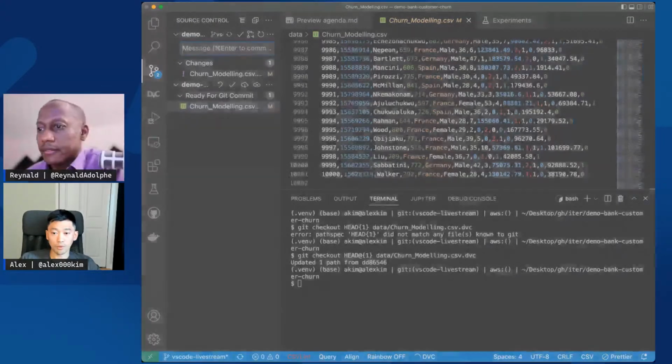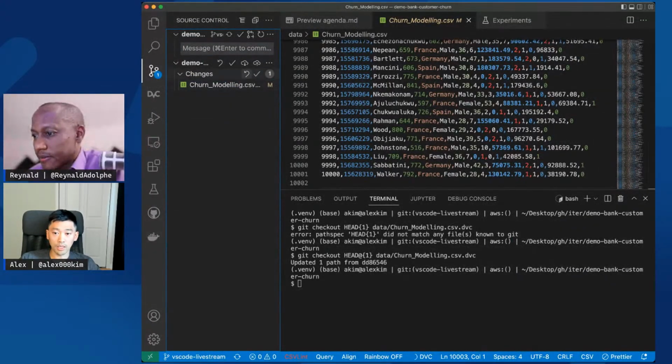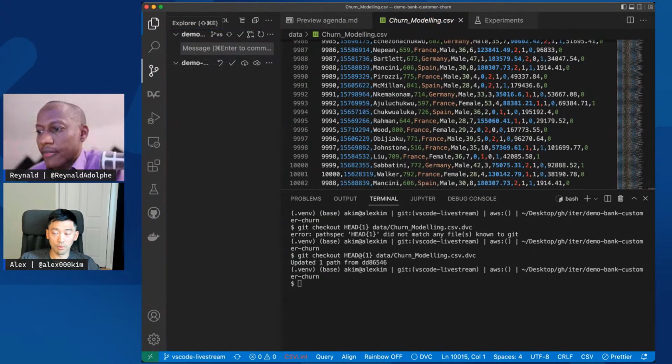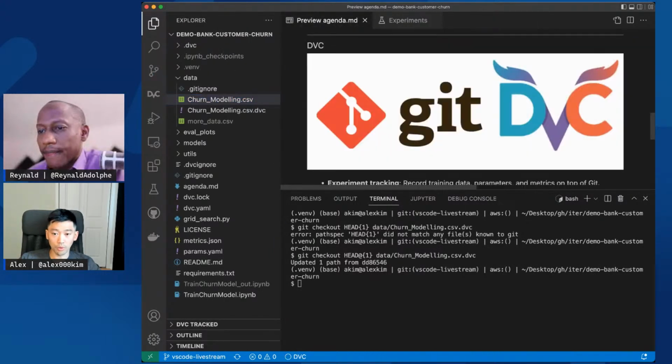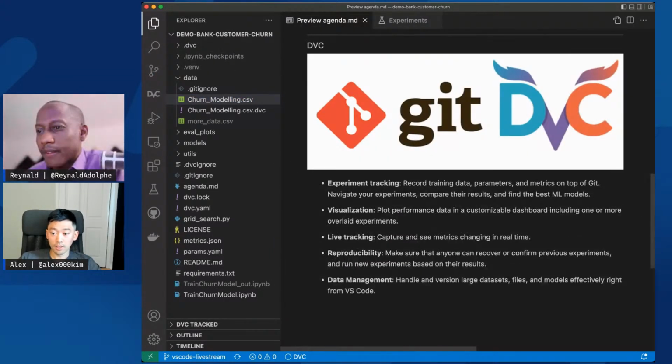Yep, exactly. It's a matter of simply finding the right Git commits or Git branches where you had the data set that you liked. So that's pretty much it. I guess my concluding notes would be that the DVC extension turns your VS Code IDE into a full-featured ML experimentation platform, so that you can change your parameters, change your code, and experiment on your machine learning models without leaving your IDE.